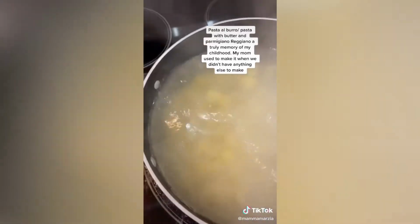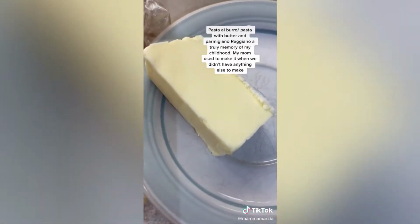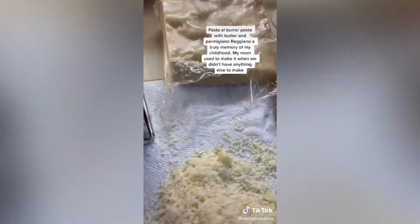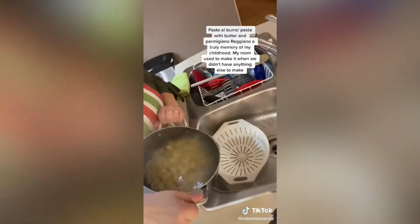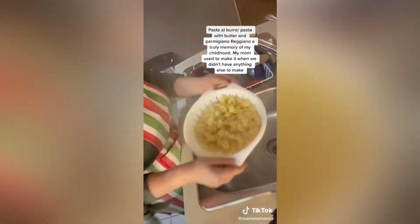I stirred for a few minutes when I threw the pasta in, and then I got my ingredients ready, the butter and the Parmigiano Reggiano, freshly grated, please, call it Parmigiano Reggiano. I put some salt in the water, threw the pasta in the sink, in the colander, the thingy-majingy,